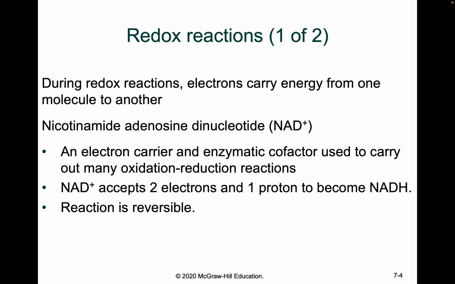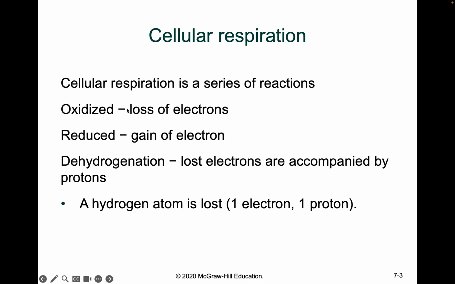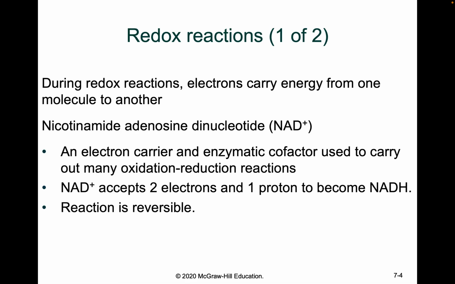So as I was saying, you have organic molecules that are losing electrons. And as we said, because we don't want to lose that energy, we want a molecule that's going to come and accept that electron, to still conserve that energy. So we need a reducing molecule. We actually have a lot of them in our body, and one specific one is nicotinamide adenine dinucleotide, NAD plus. NAD plus has a positive charge. It loves to accept two electrons and one proton to become NADH.